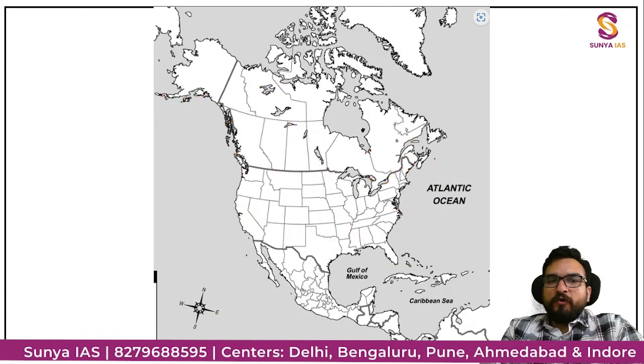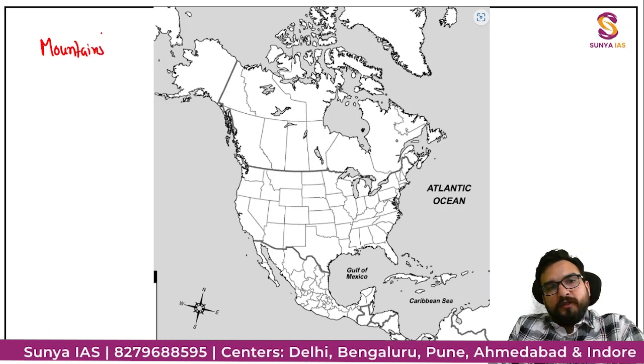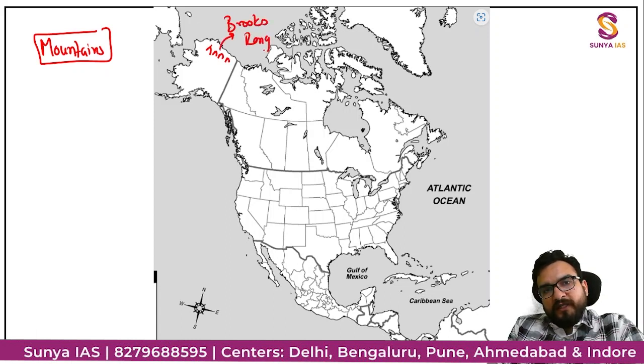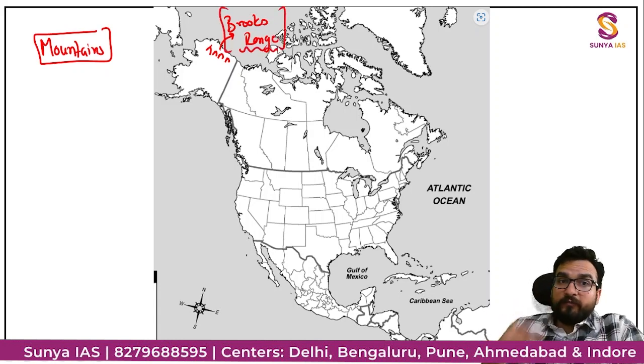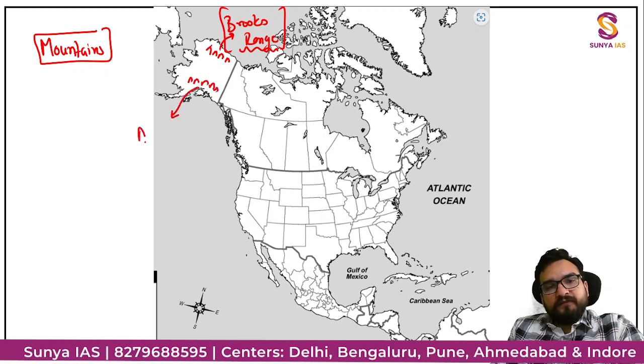Now let us study about the mountains, guys. Mountain ranges, very important. So we are starting from here, this particular Alaska state you are seeing. Here at the top you will find a range known as the Brooks Range. Right now mark it as it is; I will show you on the map also. Open your atlas; in it also you will find Brooks Range written here. And downwards here you will find the Alaskan Range.